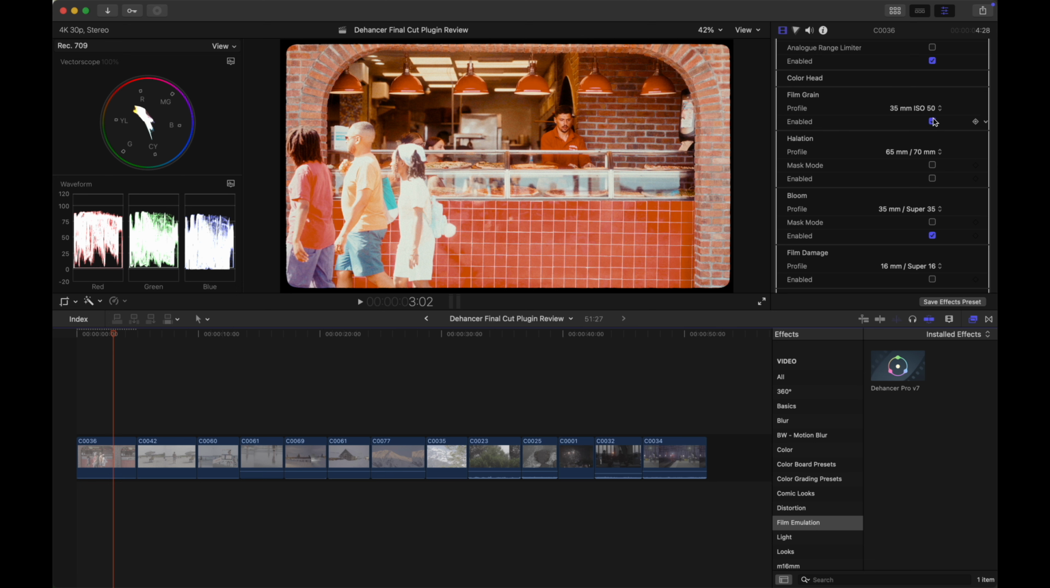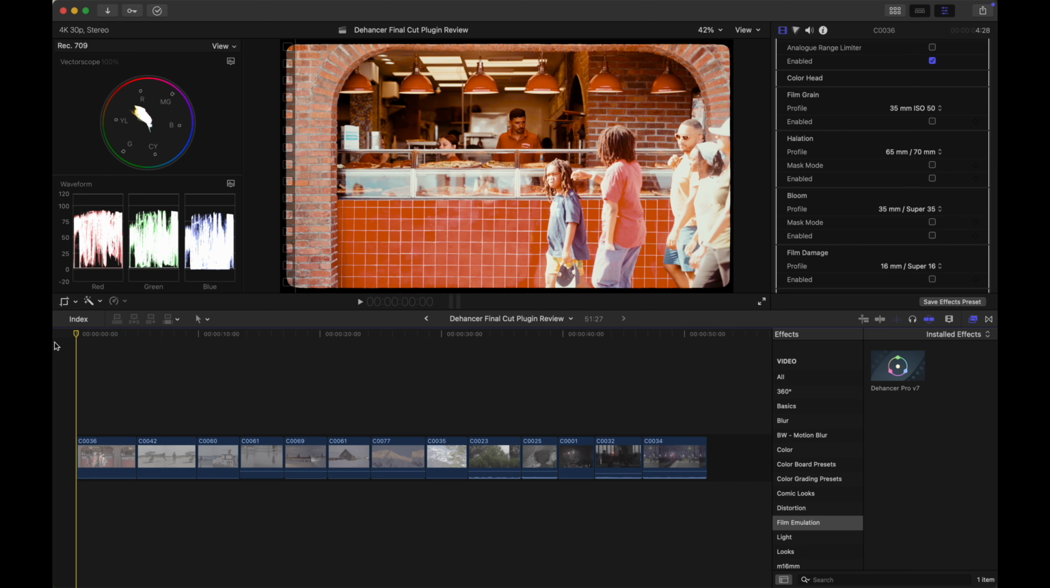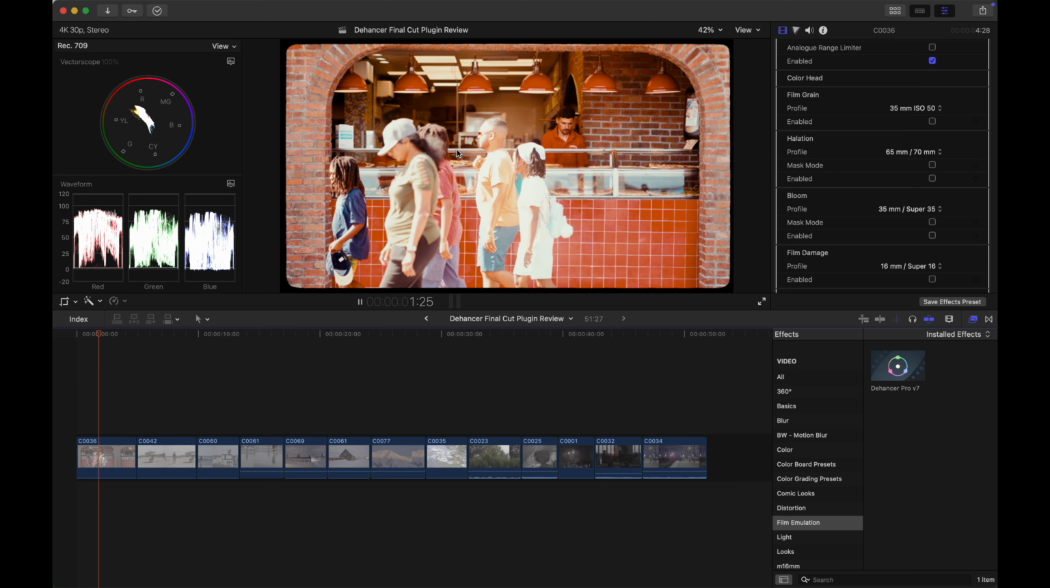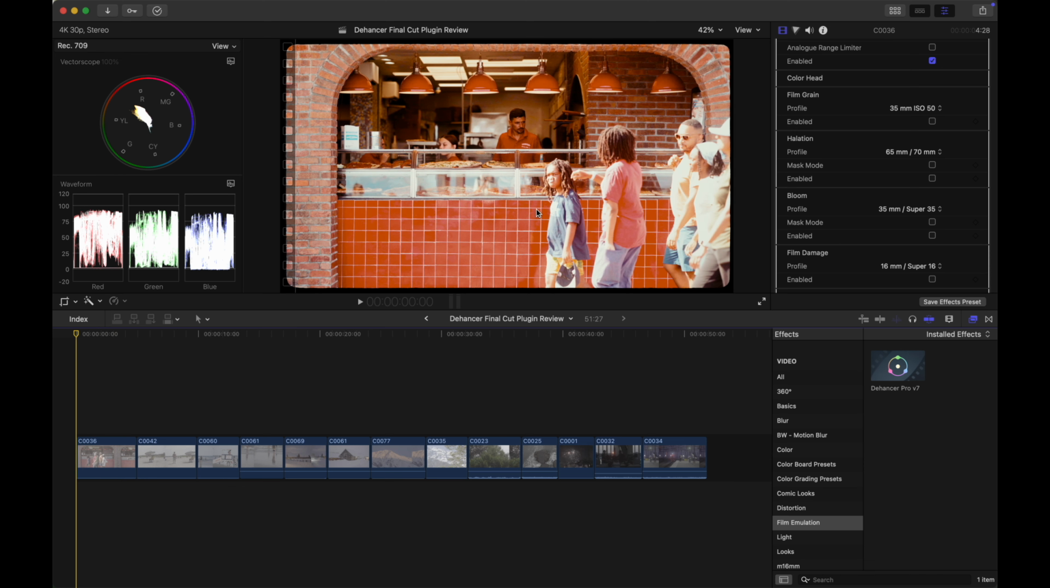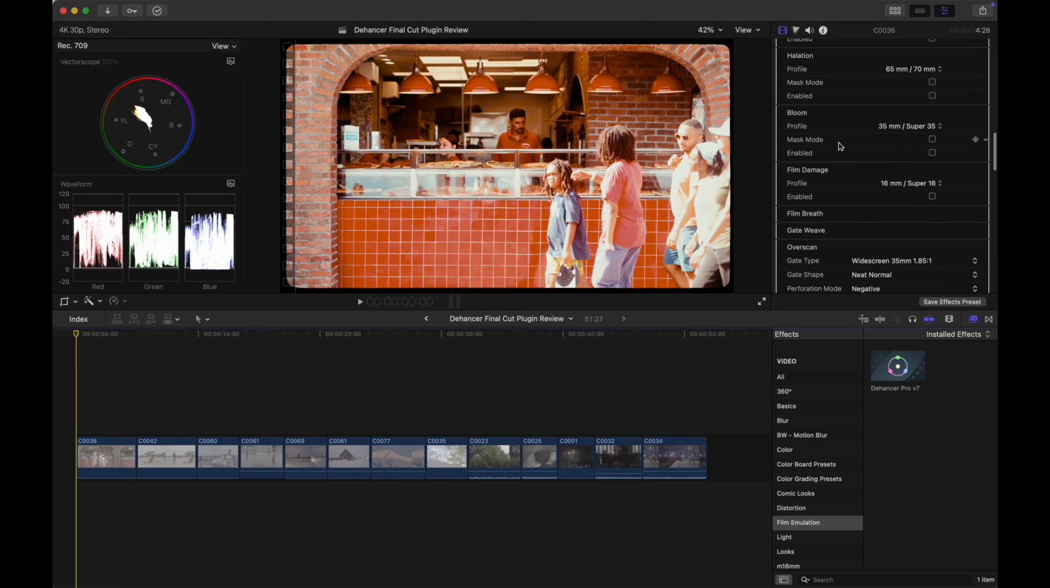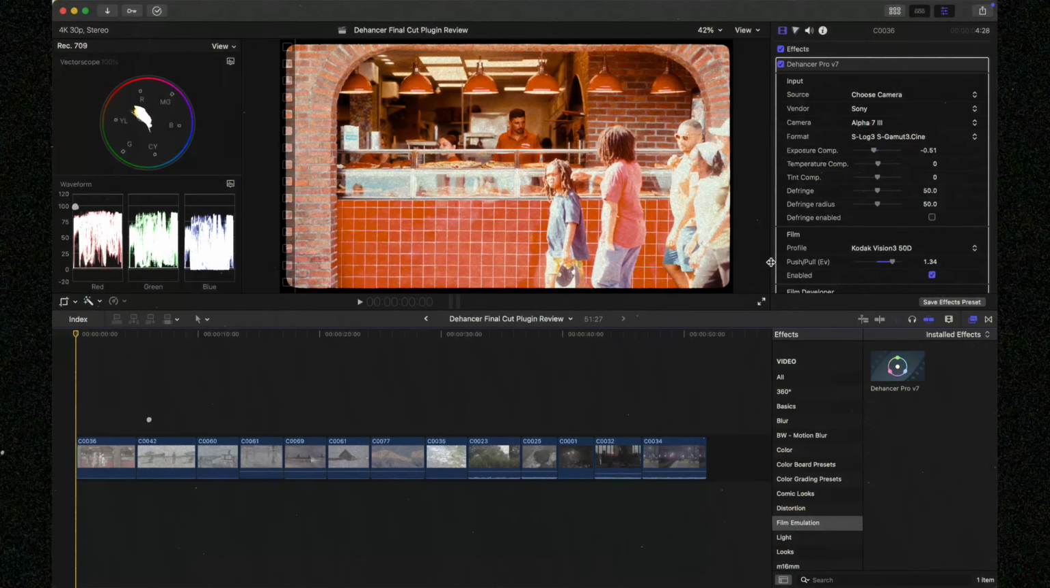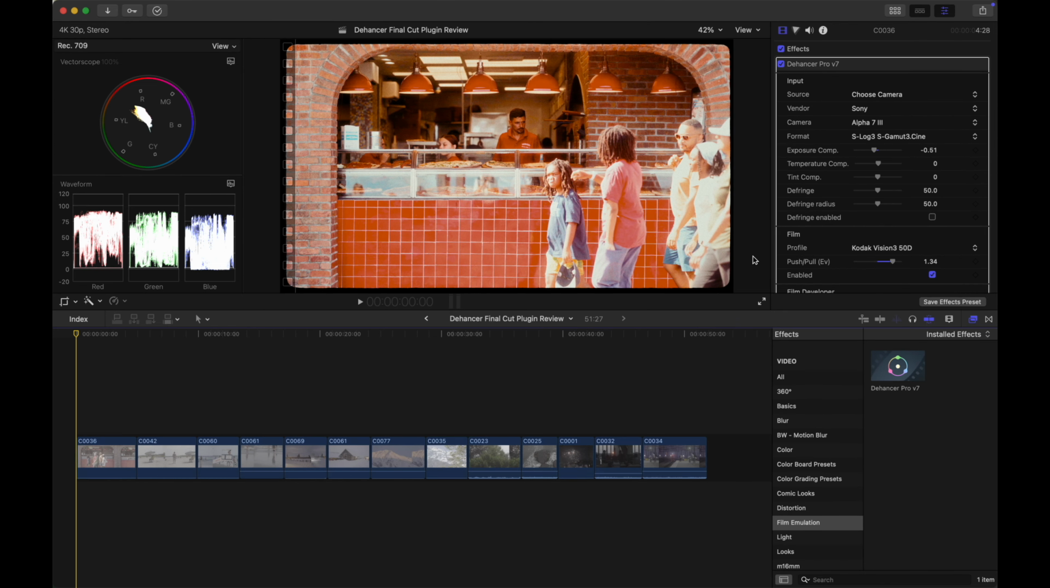Just like that. However, if you turn them off, it looks way smoother than when they're on. So I do recommend to color grade everything before enabling these special effects. And now I think the clip looks pretty good to me, and that's how I basically graded S-Log 3 using